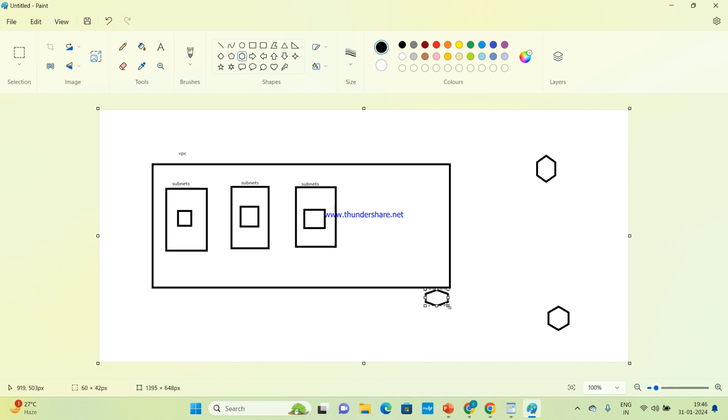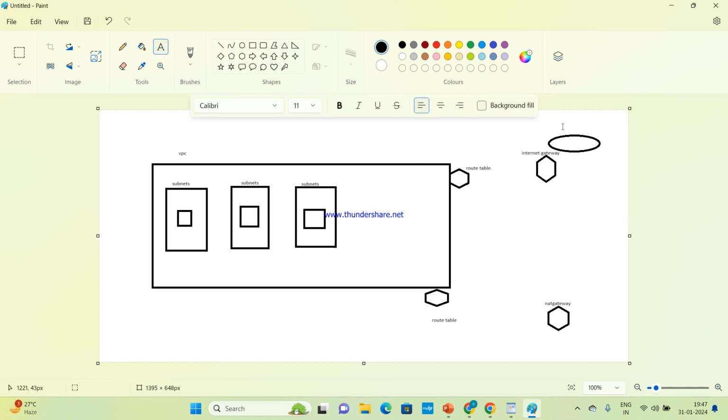This is the route table. This is the internet.